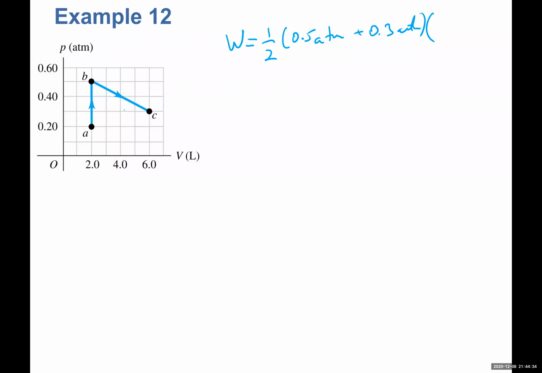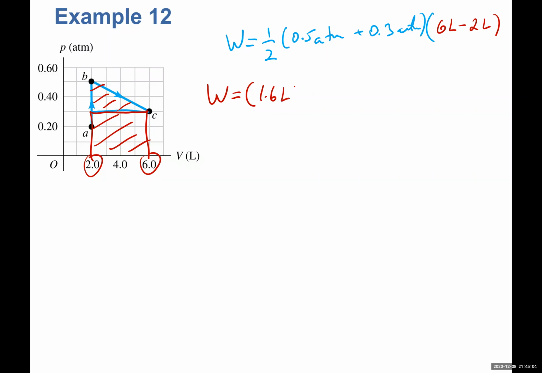If we break it down, let me use a different color, we get a triangle and a rectangle here. So it's 0.5 ATM plus 0.3 ATM, times 6 liters minus 2 liters, which is our change in volume. Okay, then the work done is equal to 1.6 liters